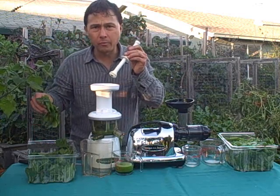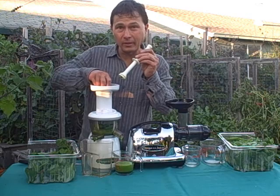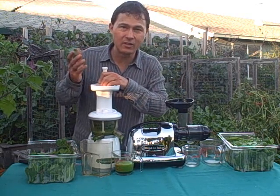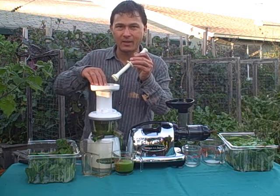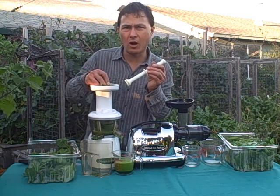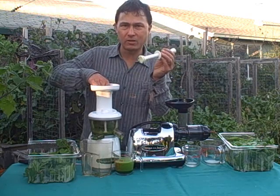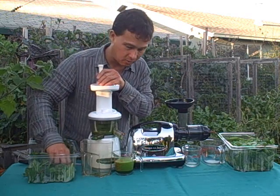Now, one of the problems with every juicer is that it will create some level of foam, and that's completely normal. If you want to reduce the foam when juicing leafy greens, then you need to juice it with something else, like juice a pile of leafy greens and then a carrot, then a piece of apple. And that'll reduce the foam. The foam is caused by actually, there's airspace in the auger, and because the leafy greens don't fill all that